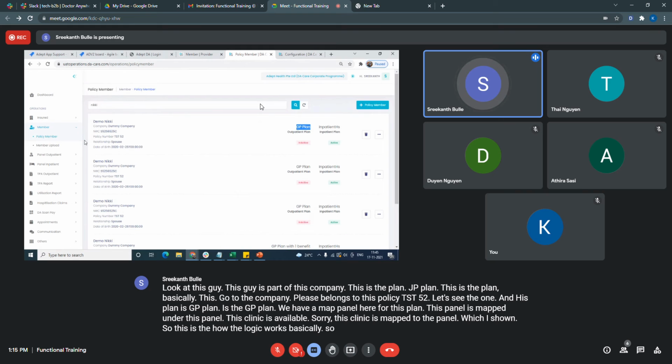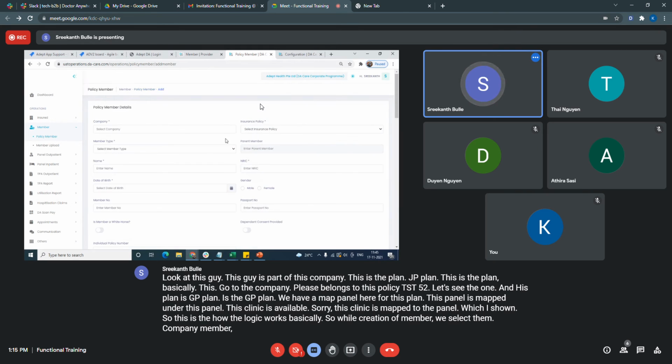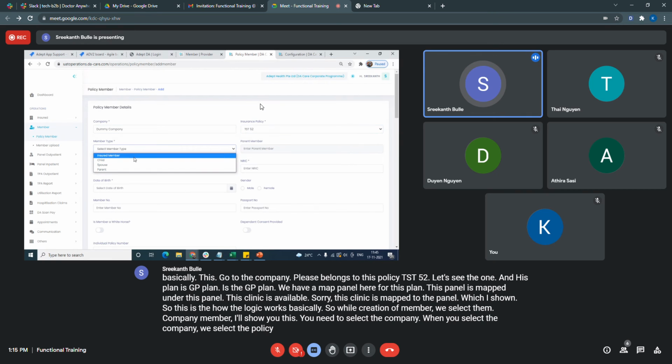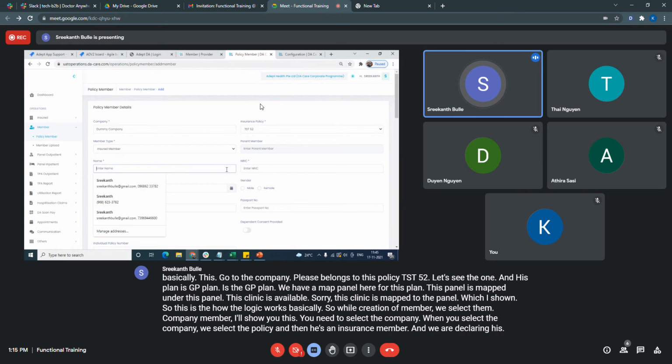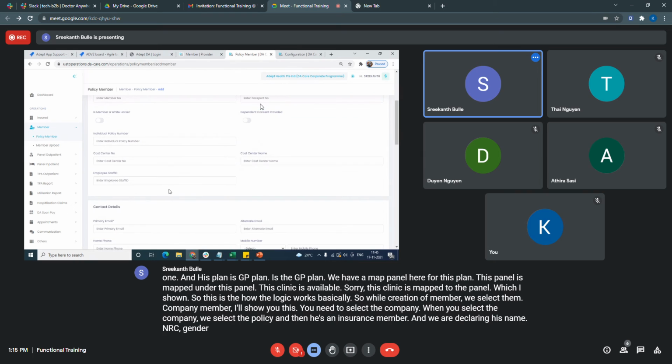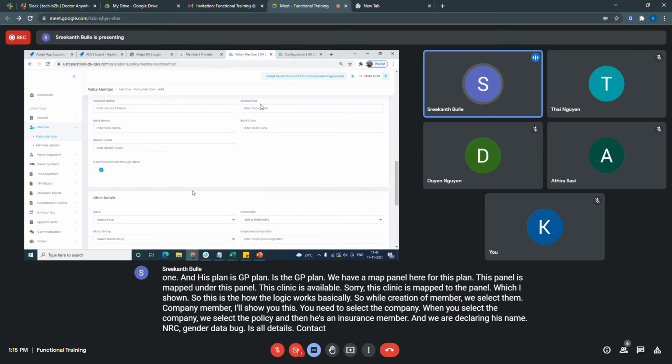So while creating a member, we select the company. I'll show you this. You need to select the company. When we select the company, we select the policy, and then he is an insured member, and we declare his name, NRIC, gender, date of birth, all his details, contact details, everything, and save.